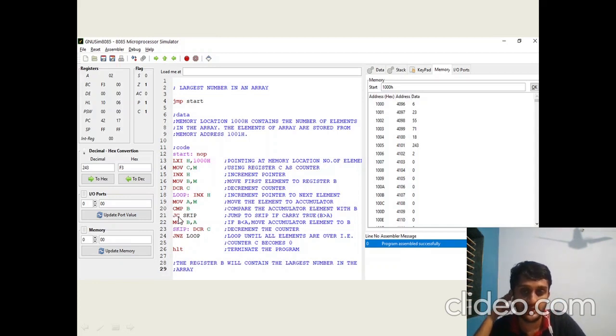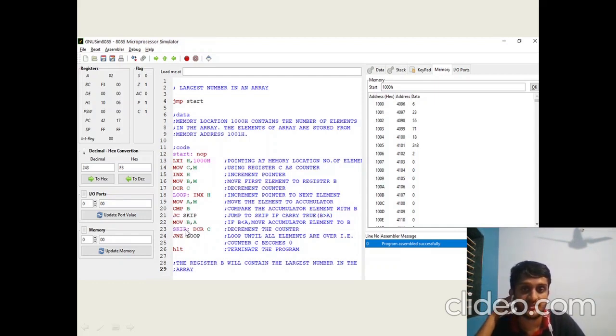The carry would be true only when B is greater than A. When there is no need to change the content in B, that is, B is greater than the content in the accumulator, then we would use this jump carry. If the content in the accumulator is greater, then line 22 would execute, and if the content in B is greater, then it would skip to line 23.